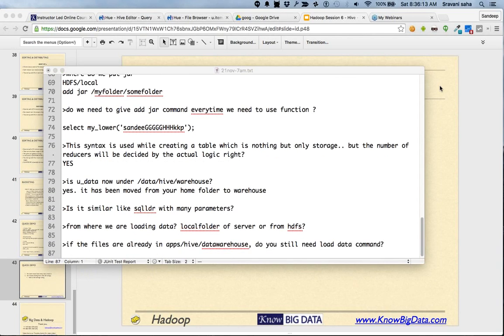So Harita is saying, what if you create a table on an existing folder? I think that's what you're saying, Harita. So if the files are already in this location, do you still need to load? The answer is no. If the file is already at the location where you have defined, then you don't need to load. Or the interesting part is, you can yourself copy the data into that folder and it will still work. Instead of loading again and again, you can actually copy into HDFS, and then it will happily accept that data as the input. If the format is not correct,